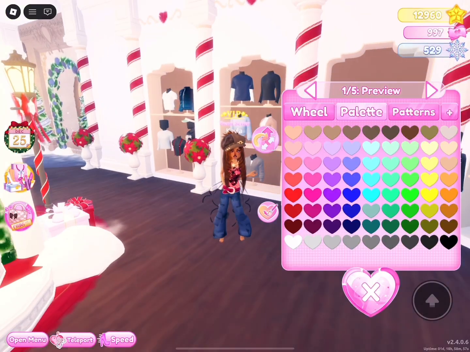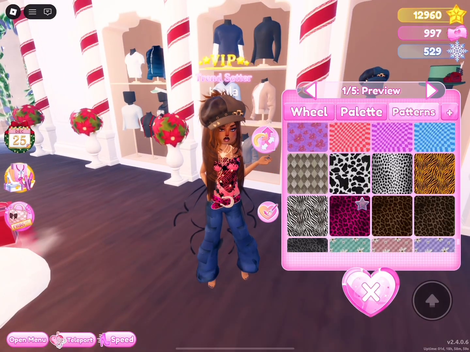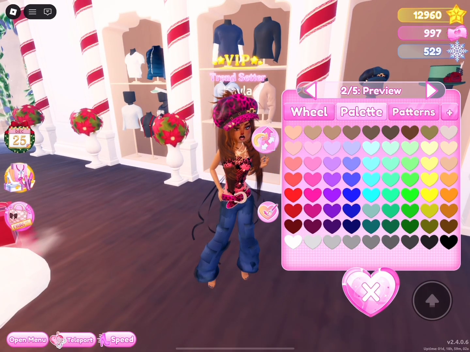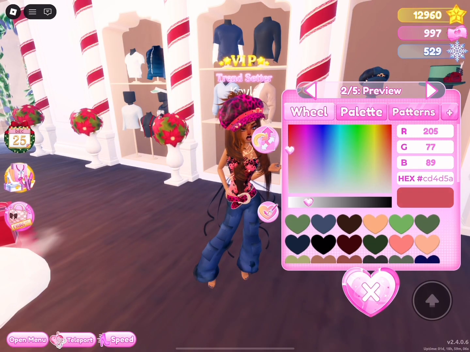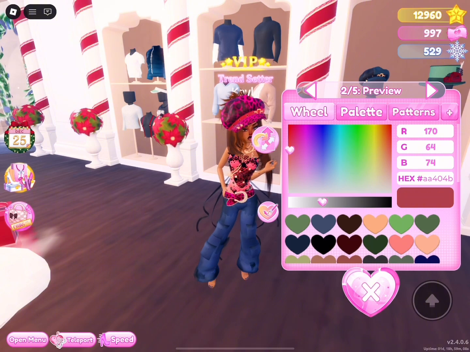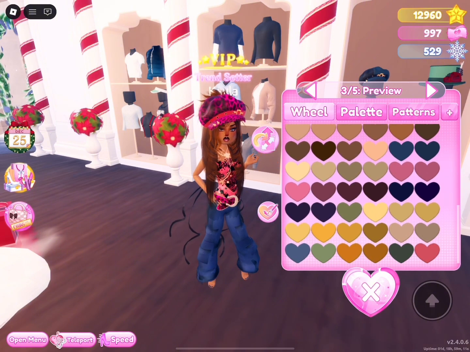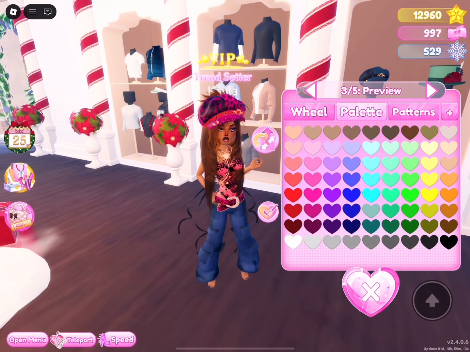So, right here, I always like to use this hat mainly, if you have the size thingy right there, the adjustment thingy. Clearly, I wasn't paying attention because that color was way too bright. Anywho, I try to